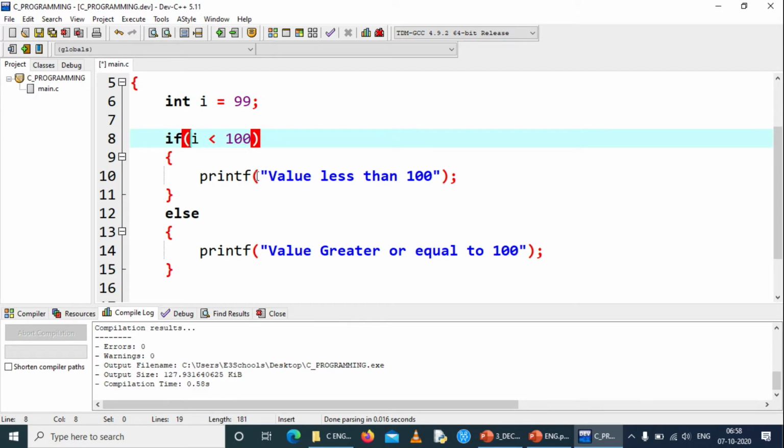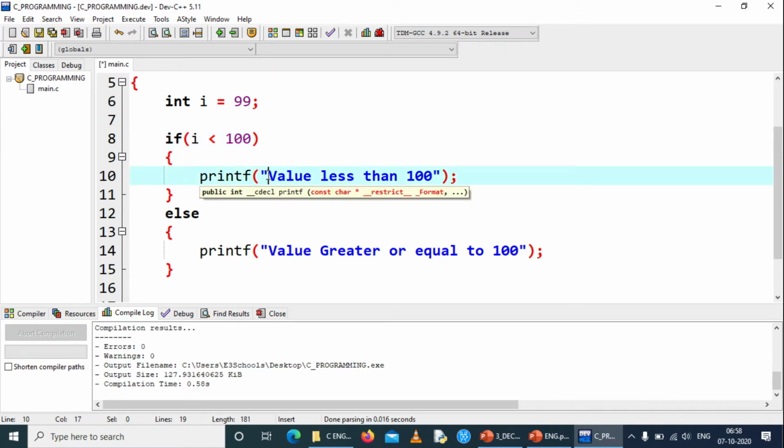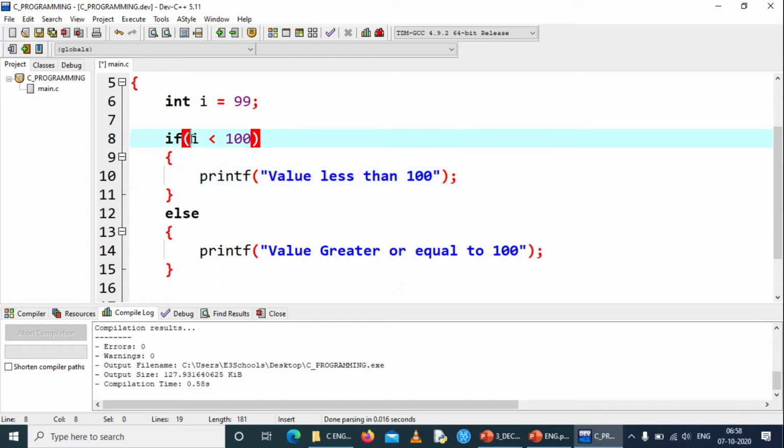This if block will be executed and the value less than 100 will be printed. While printing this value, the else block will be omitted, which means the control will execute this and jump out of the else statement. So in an if else statement, any one of the blocks, either the if block or the else block, will be executed, and not both. I have given 99, the condition is true, so this will be executed and this will not be executed.